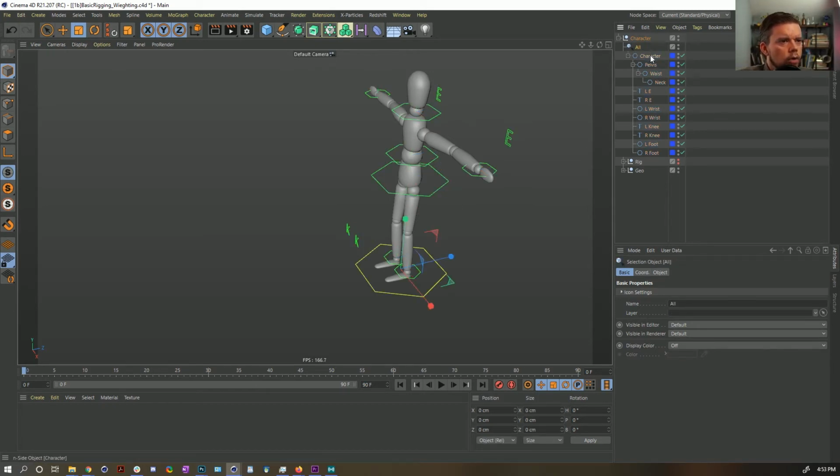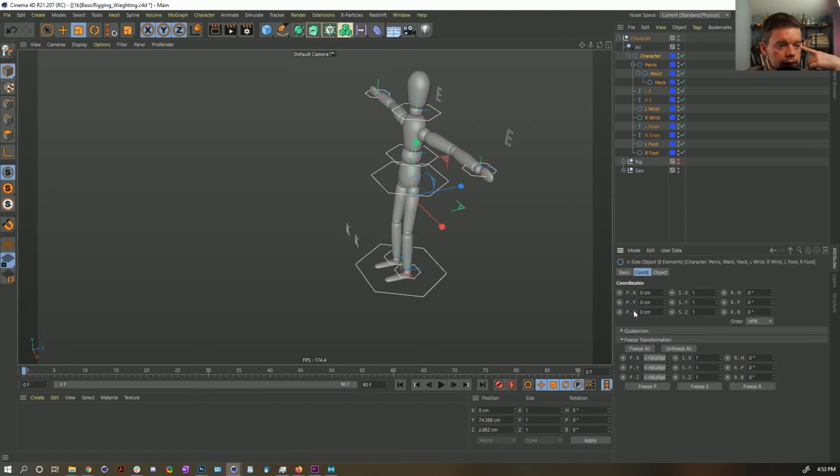Now we need to also set this up for auto keyframing. This is going to be really straightforward because I'm going to select all the controls except for the knees and the elbows. We don't need those. But when it comes to all of these getting keyframed, we don't have any extra controls or anything, and we didn't even build in controls with hands or feet, so we won't be able to go too far with this. But